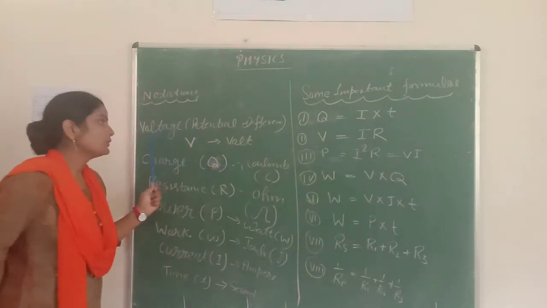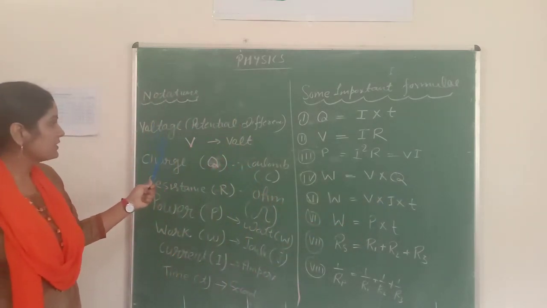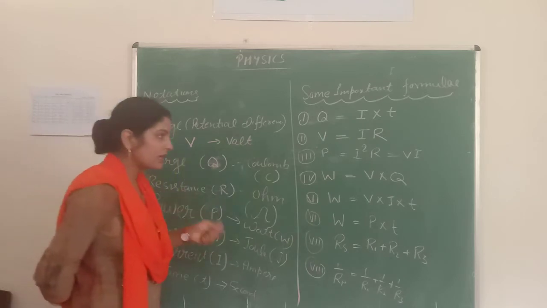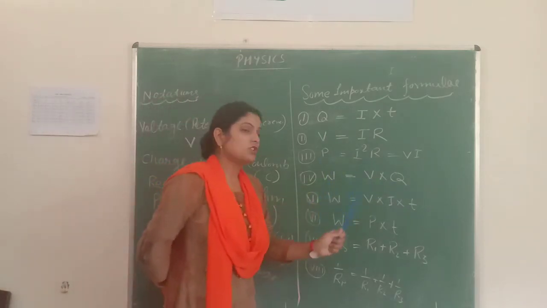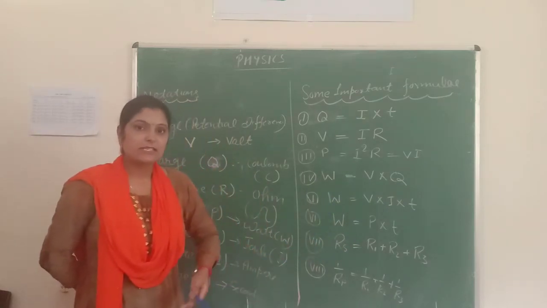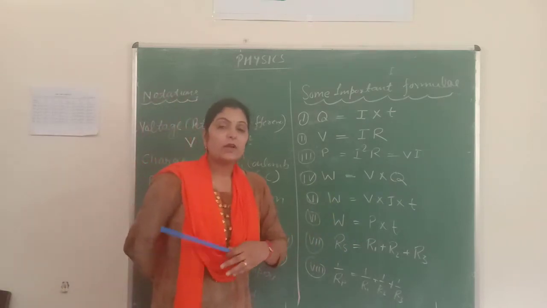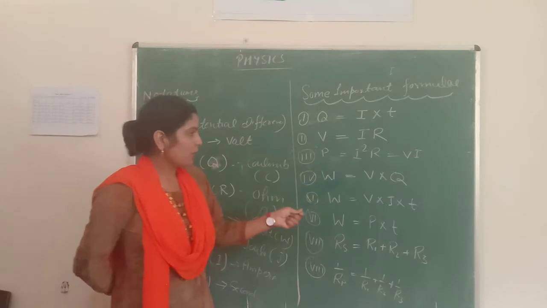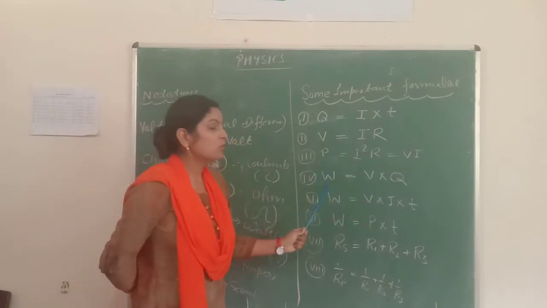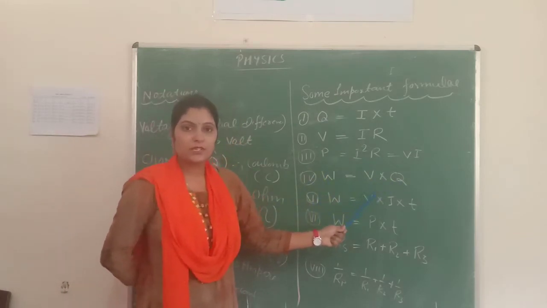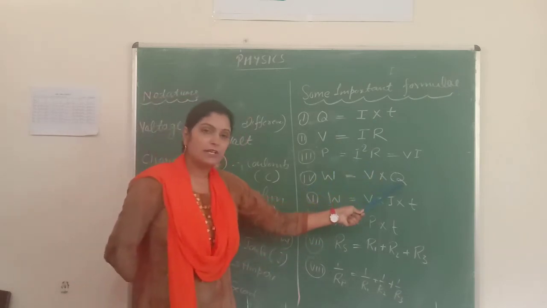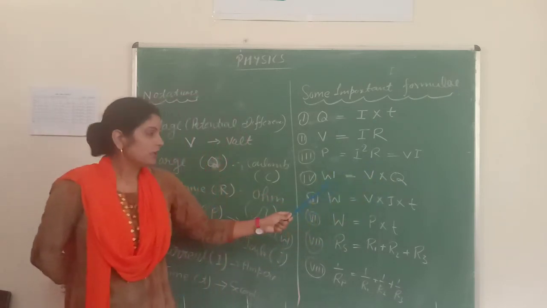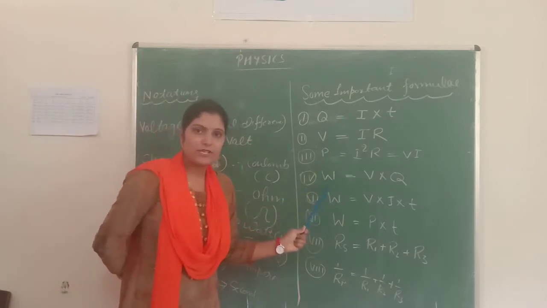Just now when I told you the definition of potential difference, that potential difference is work done per unit charge, meaning V is equal to W upon Q. You can change the formula according to your convenience, according to the question, depending on what is given to you. If you are given charge and work and need to calculate potential, then you will use the formula V is equal to W upon Q, because Q is in multiplication. When it comes down, it goes to the other side, in division.